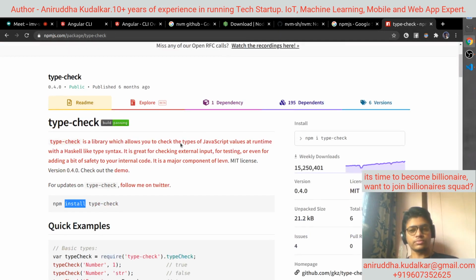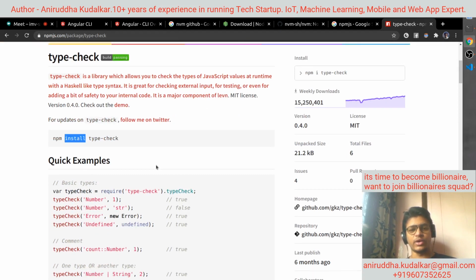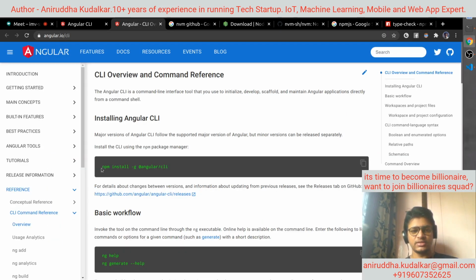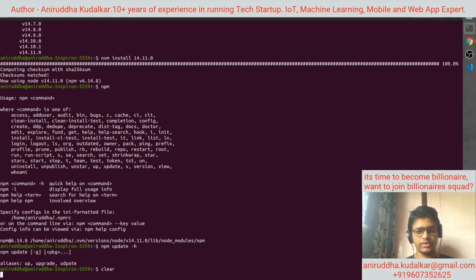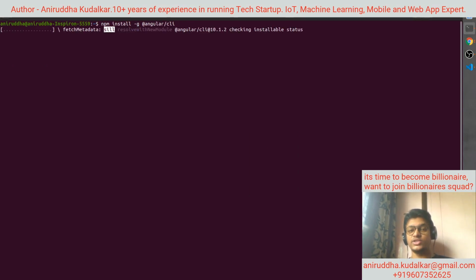Okay, so this is a little bit about Node. If you have enrolled for Node.js, we could have discussed it in more detail, but fine. For Angular, this doesn't need that much. Just what is Node, how to install it, those things you need. Now see, I would like to install the Angular CLI. Just hit enter. npm install -g @angular/cli, that you would be needing.